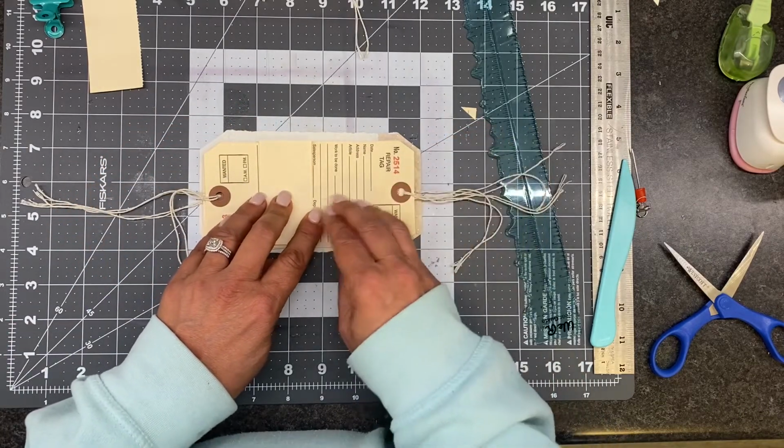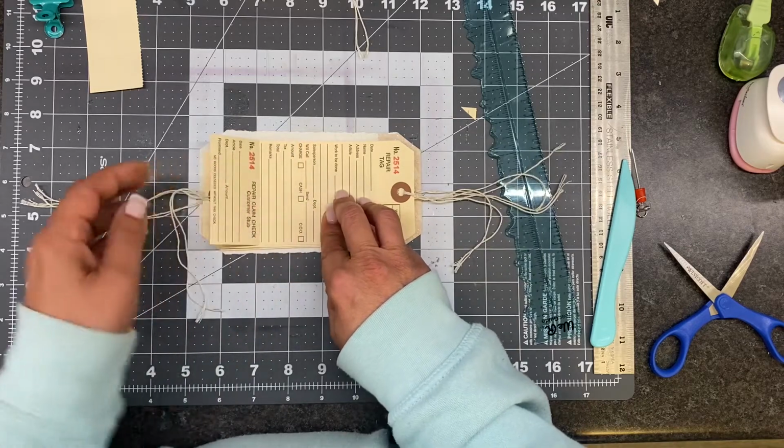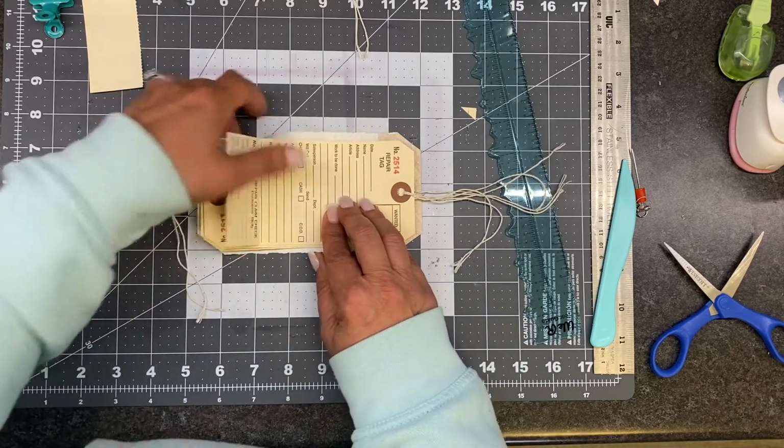Okay, I think I'm going to leave that one like it is, and then we'll just fold them. So now, all you have to do,